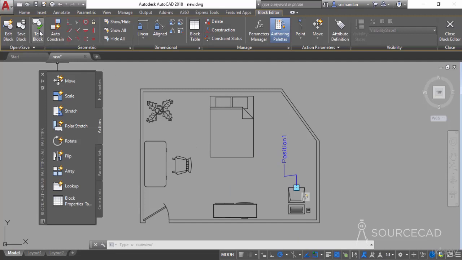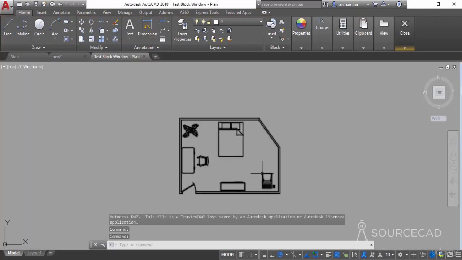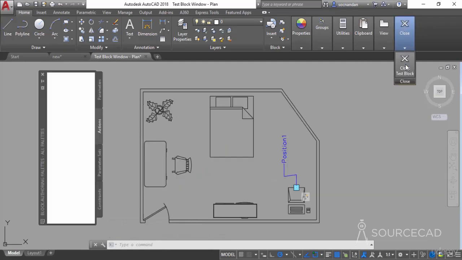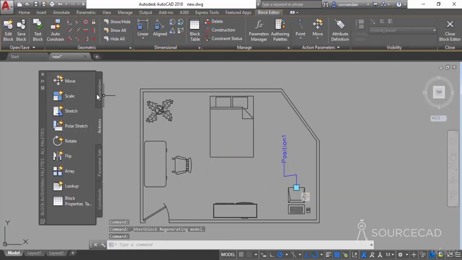So let's go to this test block and now select the block, and you'll see that we have an additional grip here, and using this grip we can now move it anywhere in this block. Now we have one more thing to add here. We can also add a rotation parameter so as to align it to any angle or to any direction, and for that I'll close this test block window, and once again I'll go to this parameter and now select this